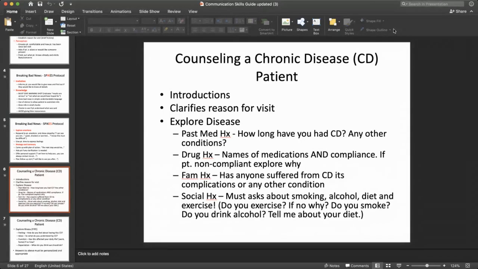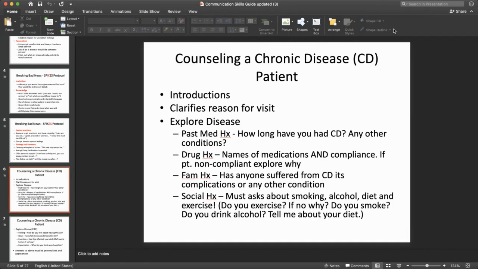So we want to find out about family history of the chronic condition or disease, and whether or not anyone from their family suffered a complication arising out of their chronic disease. So you might find that amongst people with hypertension or diabetes, they may have had sudden cardiac death, or you might have had a strong history of heart disease or stroke or peripheral artery disease as a consequence of the large numbers being affected in their family by